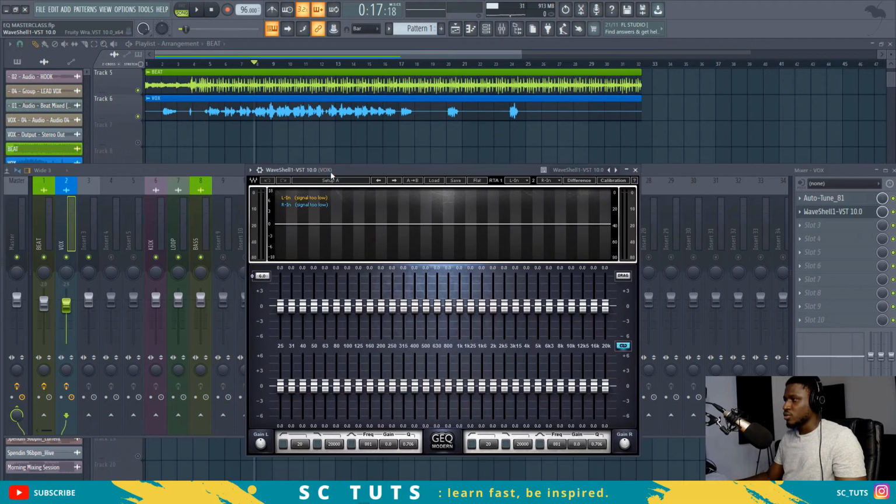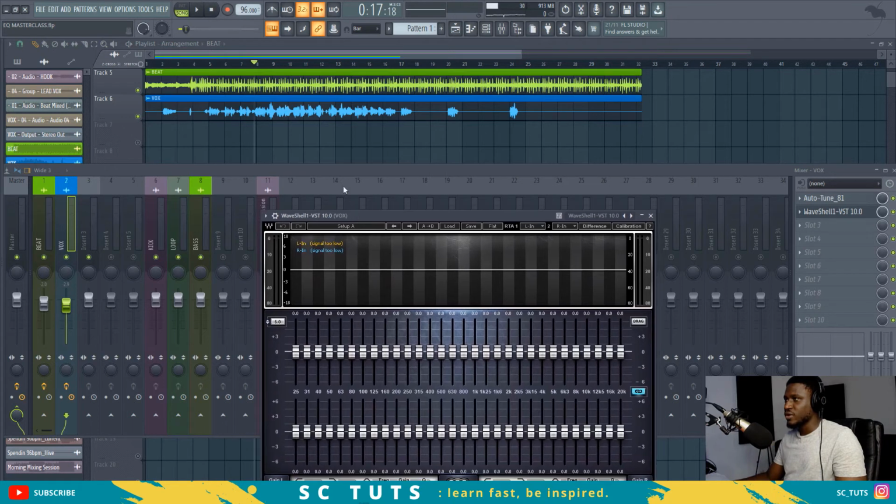With 30 bands, you see I have access to 25 Hz, 31 Hz, 40 Hz, 50 Hz. You can see the frequency denominations right here. So the more frequency bands I have, the more precisely I can EQ the vocal. So if I play the vocal through it,